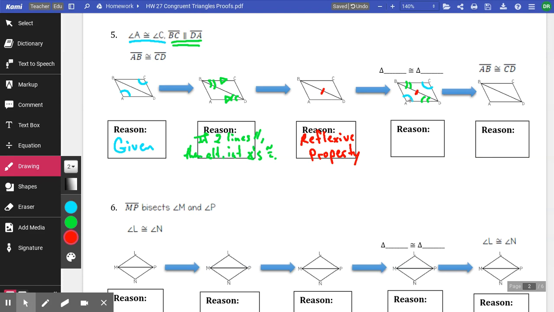Okay, and once we've marked that, we see we have three pieces of information shown, and that's enough to know that these two triangles are congruent. So when you do this, look carefully at what it is that you've marked, and sometimes it helps to just look at one triangle at a time. So maybe you just look at the bottom triangle here, and you'll see that you have an angle, another angle, and the side not connecting those two angles, which is the theorem angle, angle, side. So we see angle, angle, side is in play,